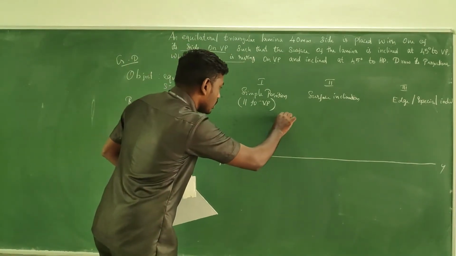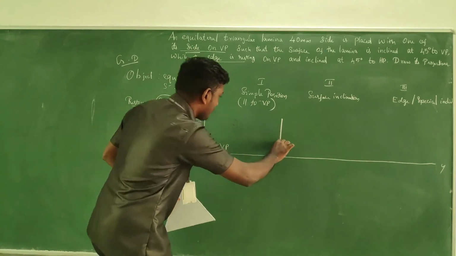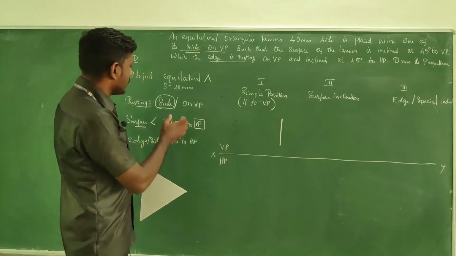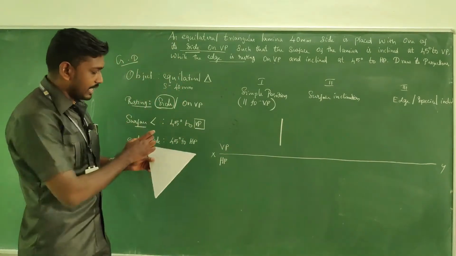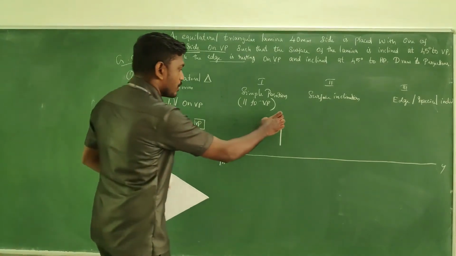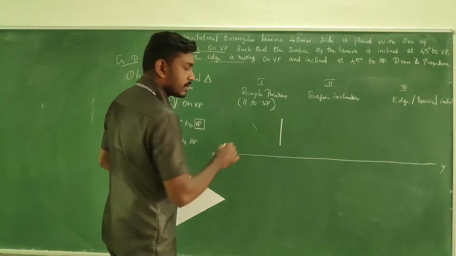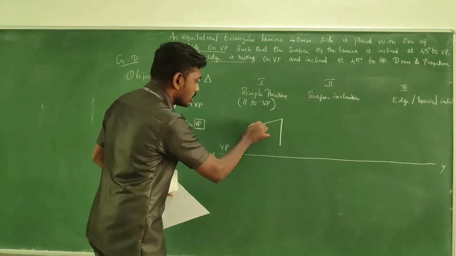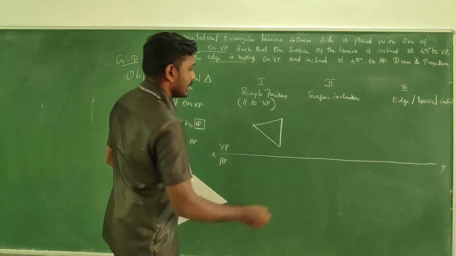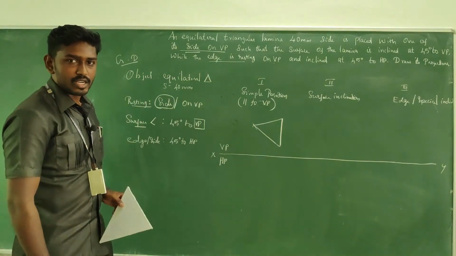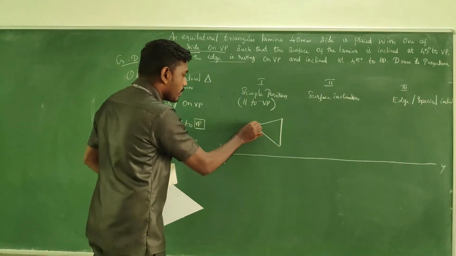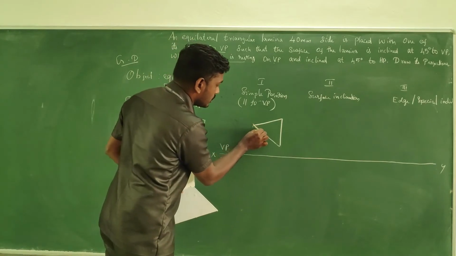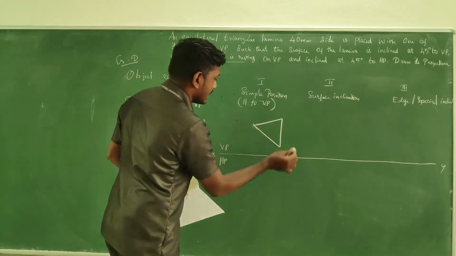So first, what you have to do is draw a vertical line with 40 mm like this, and next take a measurement of 40 mm in your compass in order to make the equilateral triangle. Placing at one end, have a cut mark, and then from the other end have a cut mark. If you connect those lines, you get the equilateral triangle. Okay, so you can make it dark. This is our front view in the first stage.